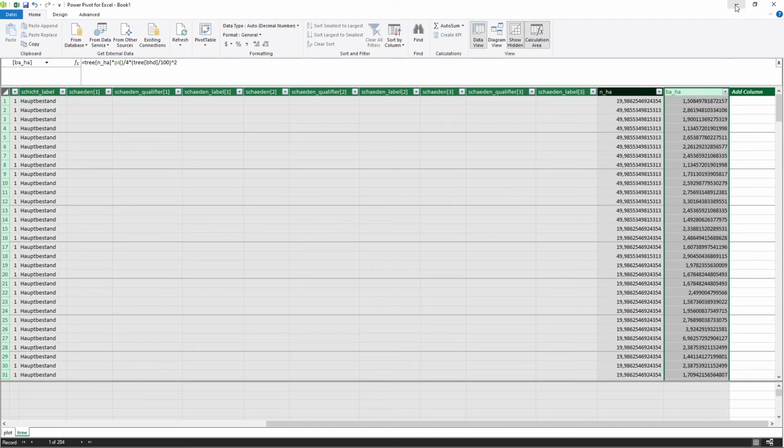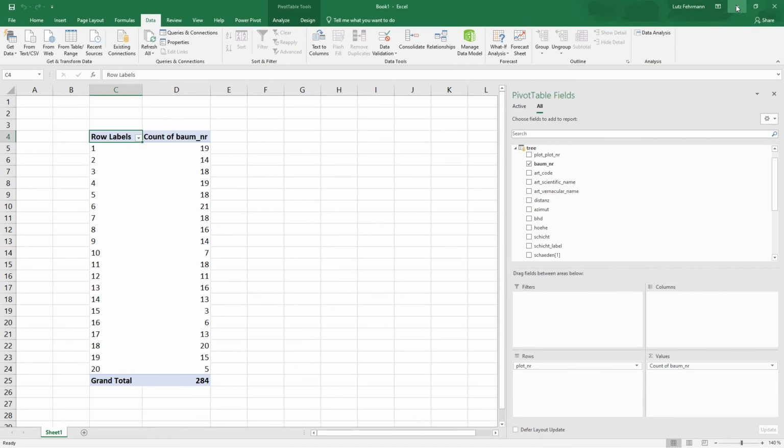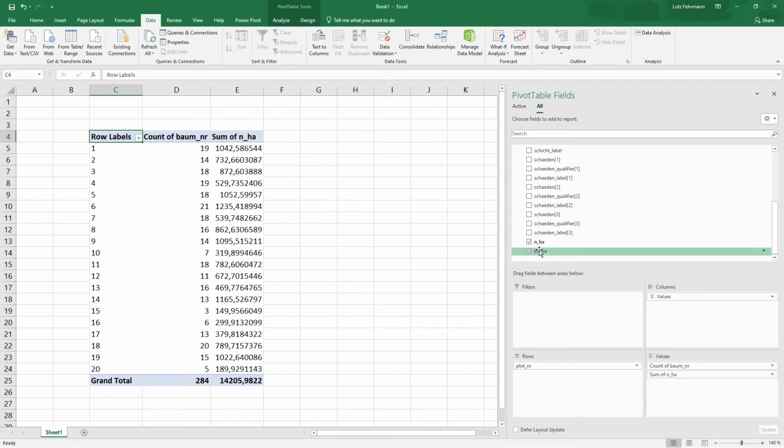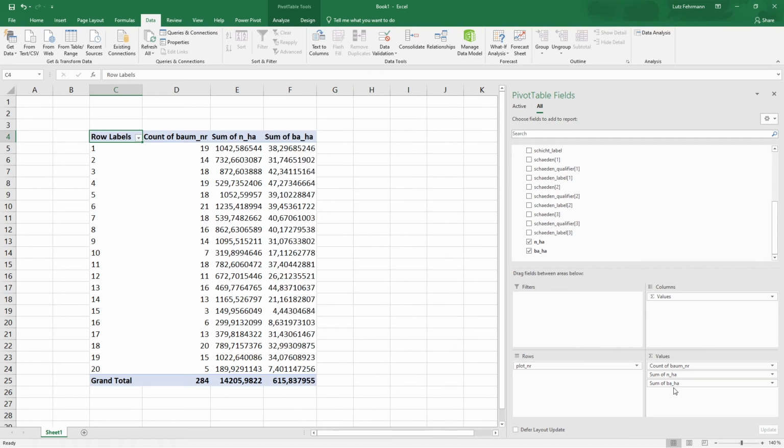We can now minimize our data model and go back to Excel, and what you see now is that in our tree table we have these new calculated fields that we have just implemented in the data model, so in the background. There is no other table, no other data that you see here. Let's just drag and drop these fields into the values field of our pivot table.